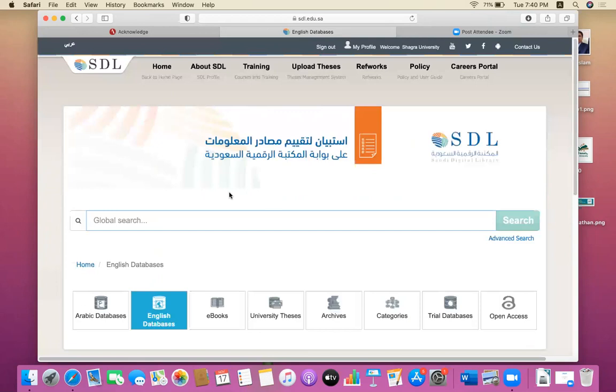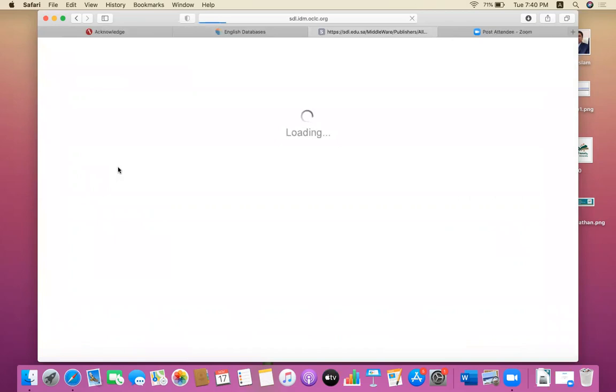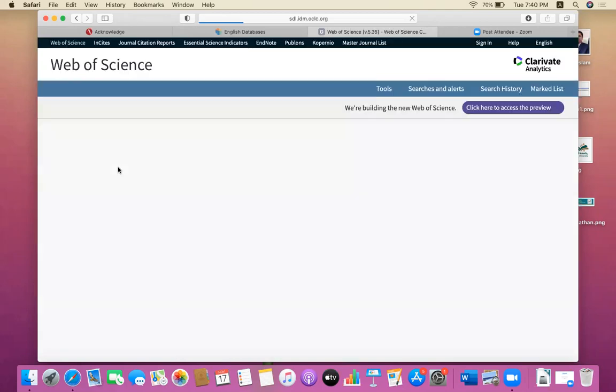that is the Web of Science database, which is also called the ISI or Thomson Reuters database. When you click the Web of Science database, a new page will open with the Web of Science or Clarivate Analytics.